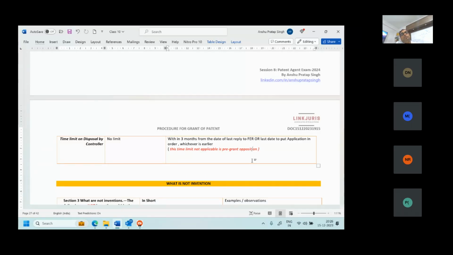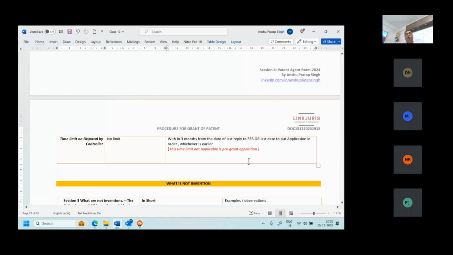You have a 6-month time period to comply, challenge, or whatever you want to do, and put your application in order. If you cannot put your application in order within 6 months, you can request for extension of time for 3 months. After that, there is no extension. It's done, and then the controller has to take a decision. He decides whether to accept or reject your application for grant of the patent. If he accepts, the grant of patent will be given. Now, this is the general format. In expedited examination, the timeline changes a little, rest is the same.